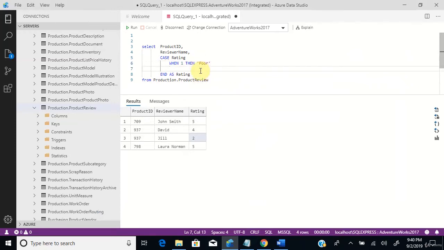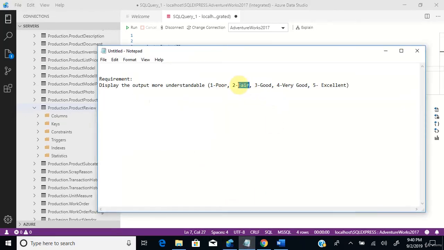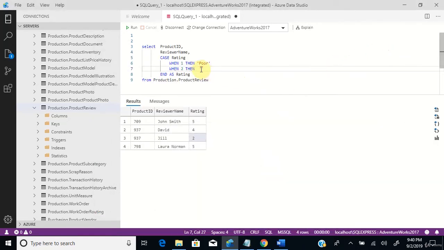And next, when it is 2, then we need to display as, let's see, as fair. Just write it here. And if the rating is going to be 3, then we need to display good.